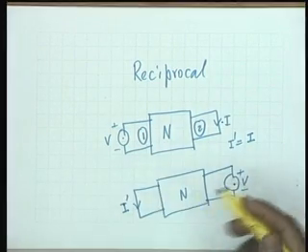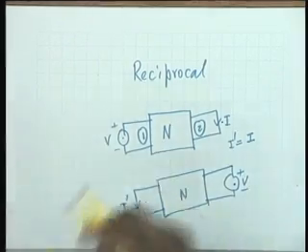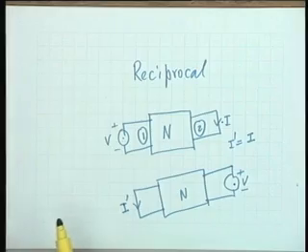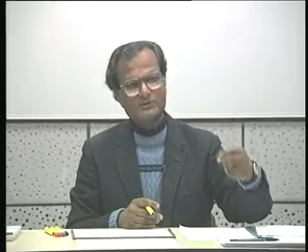Now, if the source is doubled, let's say the source is not the same, if it is doubled, then the current should also be doubled. In other words, the ratio of the response to excitation remains the same, and this is what we mean by the relationship between the excitation and the response.